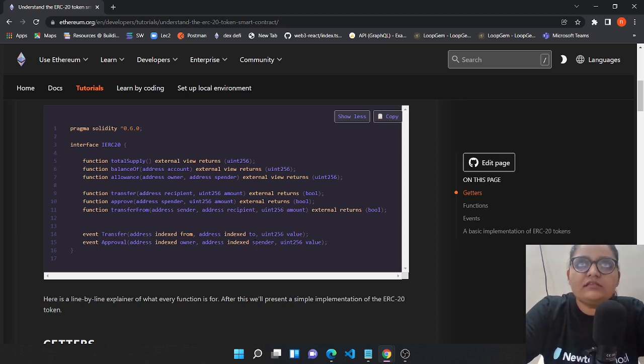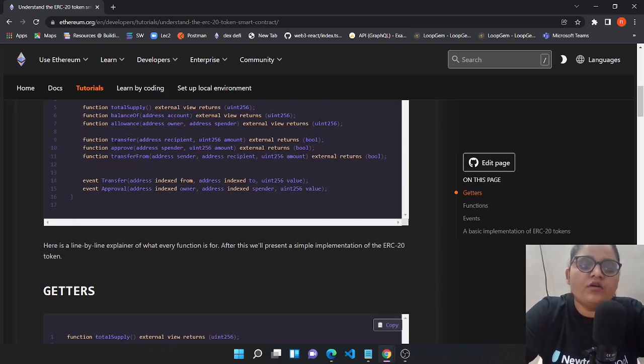So this particularly means that you are the owner of the token. You pass two parameters in the allowance: one is you, the owner of the token, and the second is the spender, and the spender would be able to spend your tokens. Now transfer is when you directly transfer your tokens to someone else's account. And approve particularly means that the spender is able to spend this much amount only. Like if you have 100 tokens in your account, then you can allow 20 tokens, and then the spender would be able to spend only 20 out of those 100 tokens.